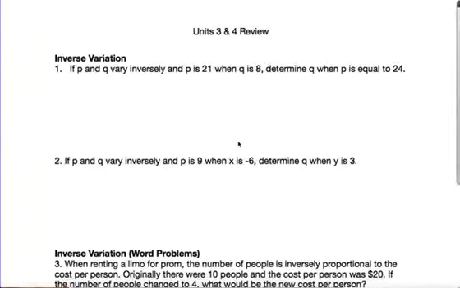In this video, we will review the key concepts covered in Units 3 and 4. So we're going to start with Unit 3, which we talked mostly about inverse variation. Inverse variation is basically when one variable, either x or y, increases, the other variable decreases. So we have an equation we can use for inverse variation, and that equation is y equals k over x, where our x and our y are just our variables,